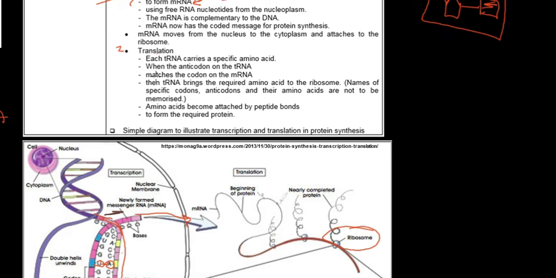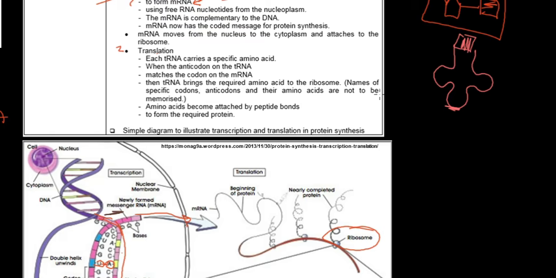So what happens in translation is that each tRNA carries a specific amino acid. We know that because if we look at the tRNA structure, remember at the bottom you'll have the anticodon, and attached to it will be the specific amino acid. When the anticodon on the tRNA matches the codon on the mRNA, the tRNA then brings the required amino acid